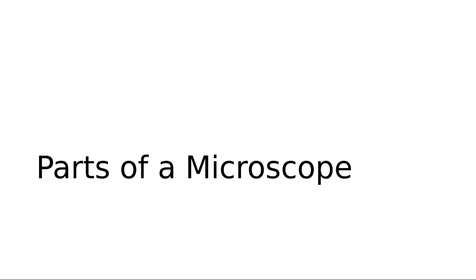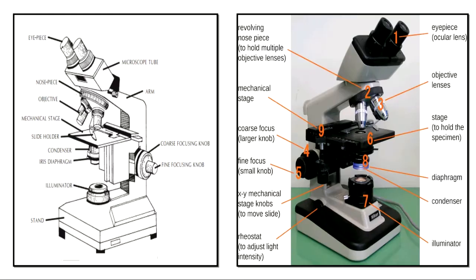So what are the parts of the microscope we should know? On the right hand you see a photograph of the microscope. On the left hand side you see a hand drawn diagram. On the right hand you see the photograph with naming. So in an exam, in a lab session, we can keep the microscope, put up the photograph, point one or two arrows and tell you to identify the markings.